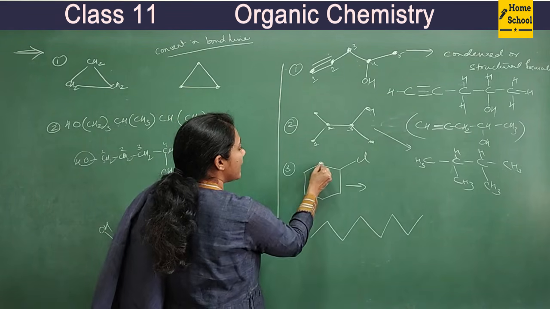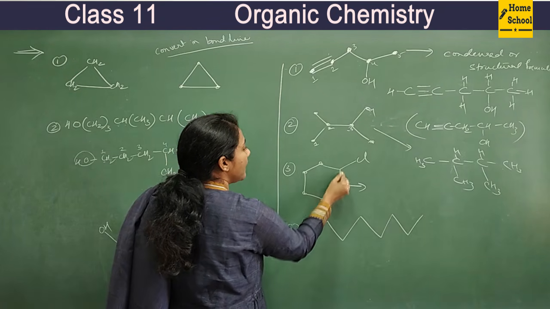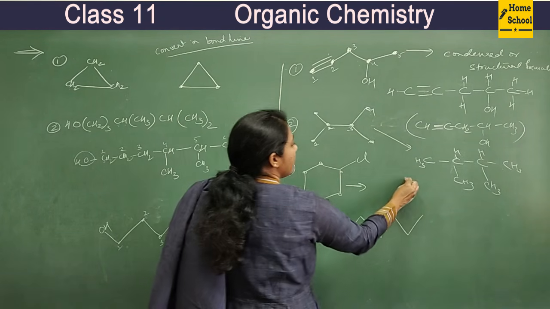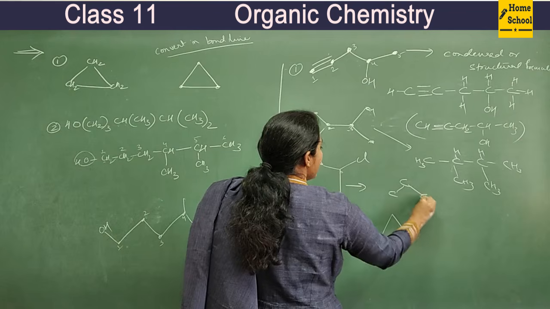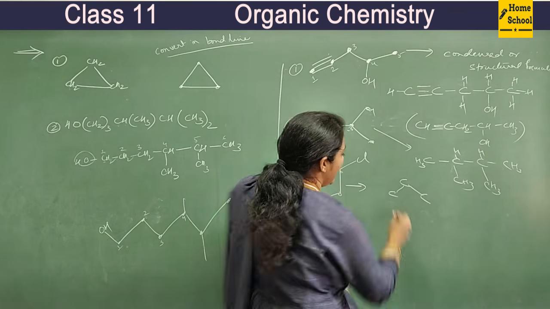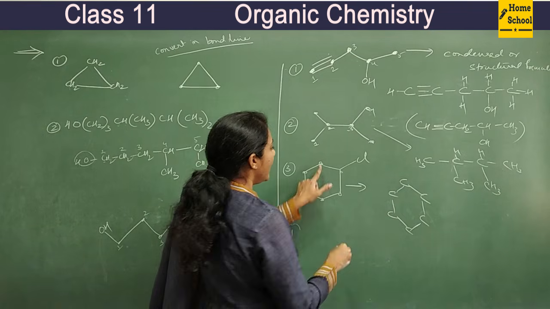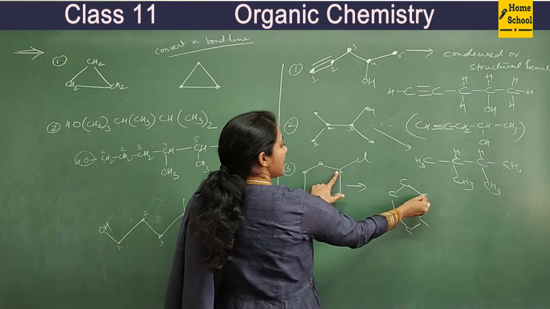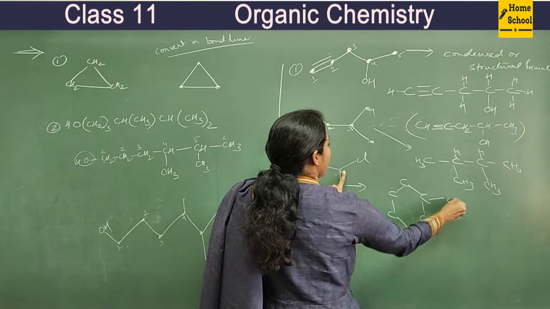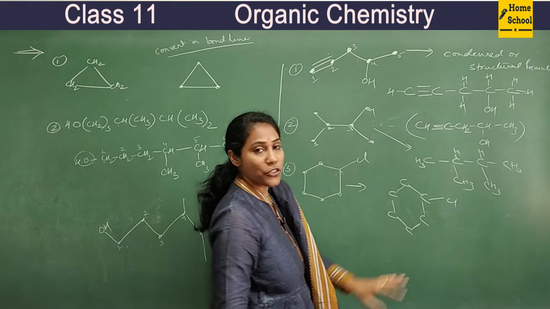Now coming to this particular example. Everywhere carbon is there. Here carbon, here carbon, carbon, carbon, carbon. But they are connected in a cyclic way. So show that. C, C, C, C, C, C. And at this carbon, that means at this position, you have Cl. And now put however many hydrogens are required.